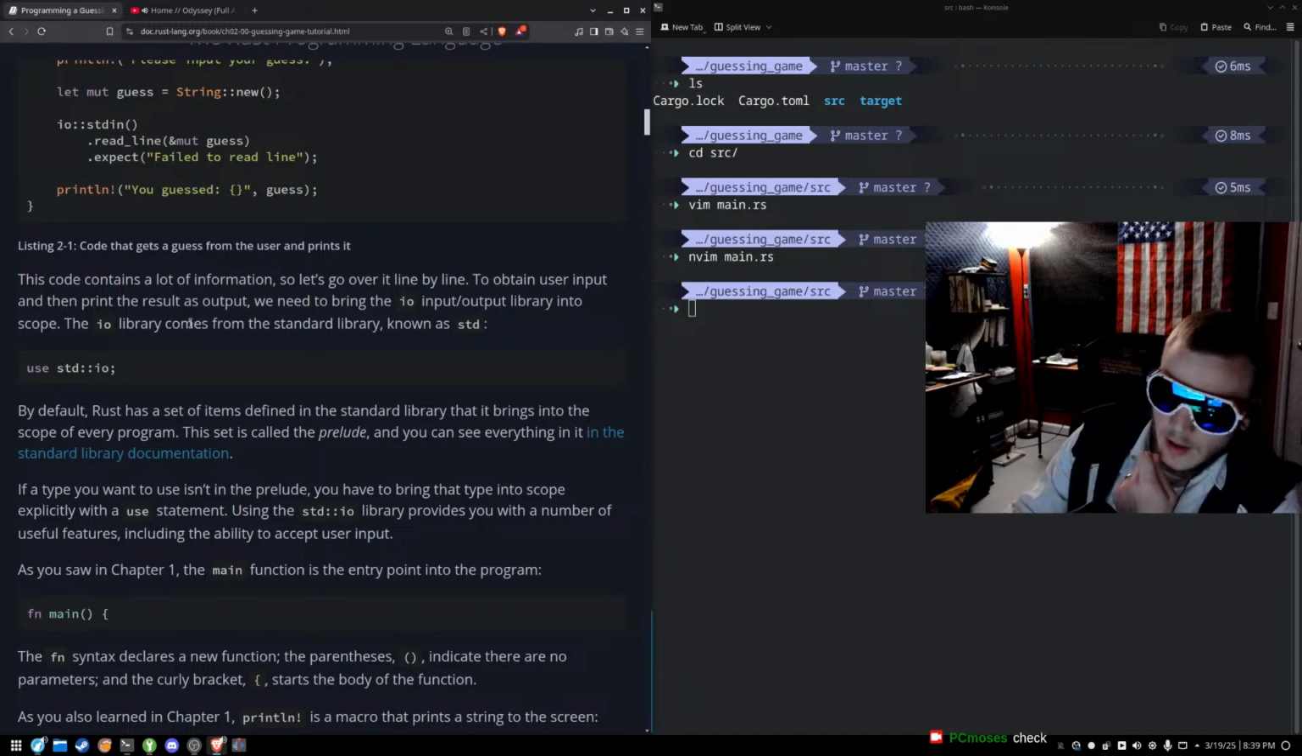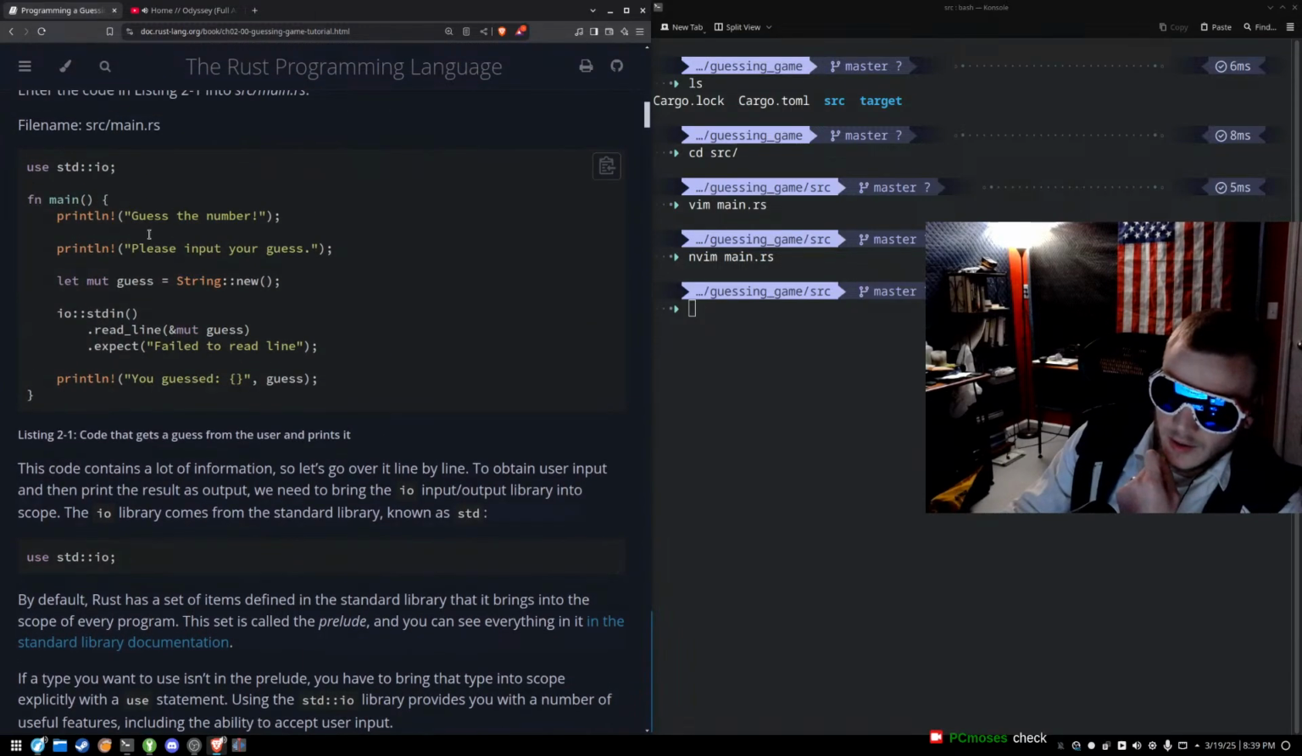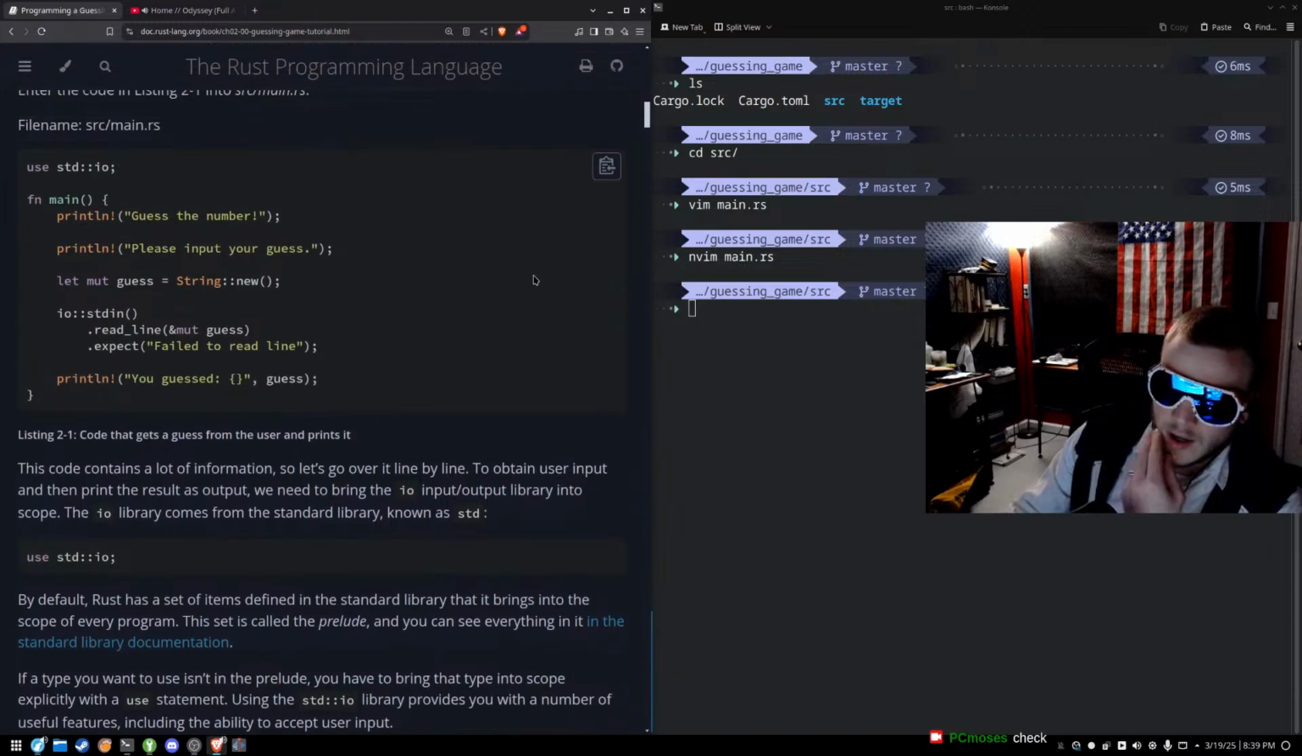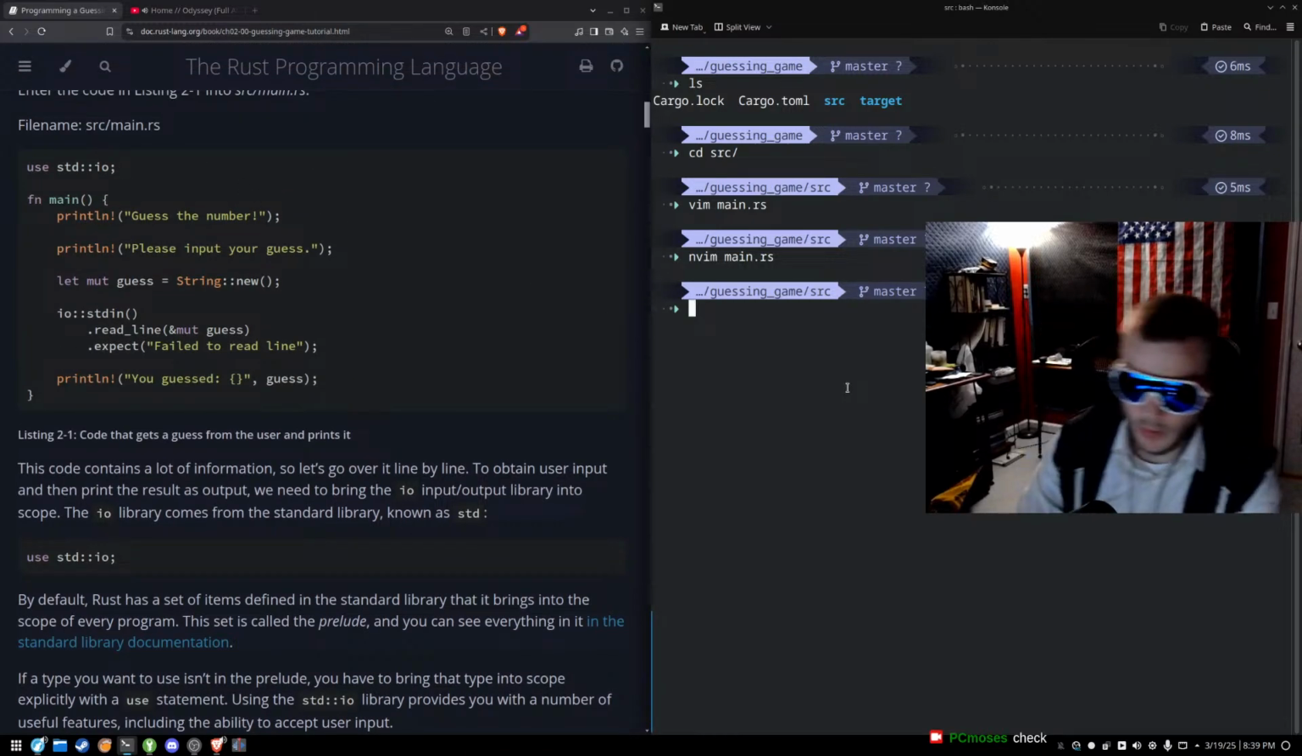Whoop-a-lubba-dub-dub. The IO library comes from the standard library, known as std. Standard library. Cool. Use std::io. Wait, did we not put that in? Okay, sorry, I missed that at the top. So we're going to import this standard input-output by going